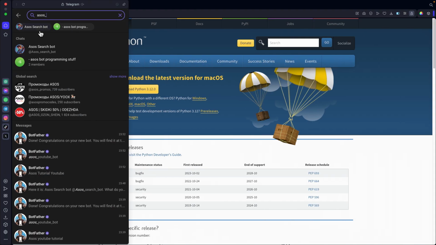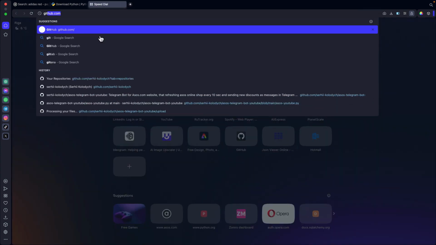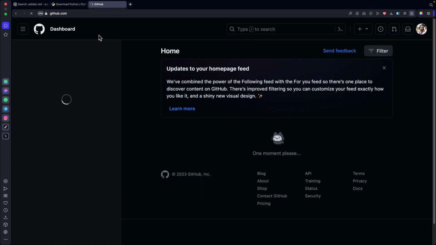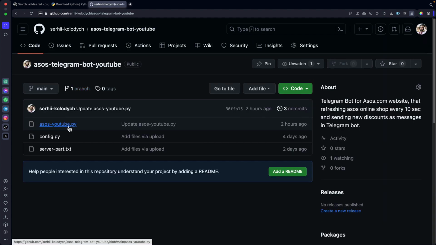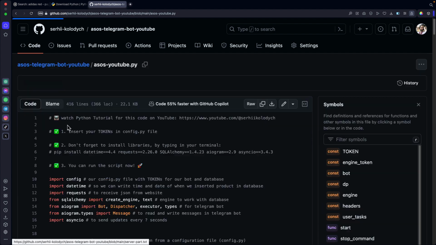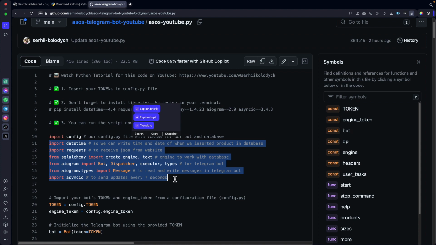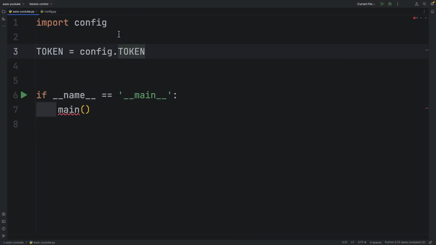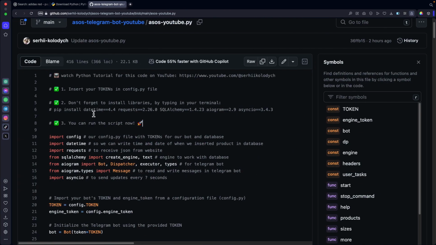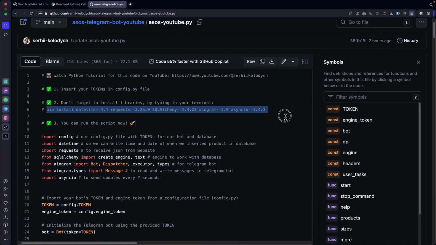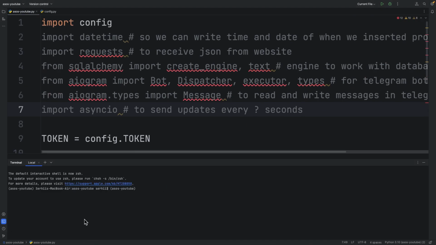To start our bot, we must import libraries, with the most crucial one being the aiogram library. I'm going to import all the libraries we need at once. I'll copy the list of libraries with their versions from GitHub and paste it into my code. Since I don't have all these resources on my PC, I'll need to download them first. I'll copy the command pip install along with the list of libraries and their versions and execute it in the terminal.